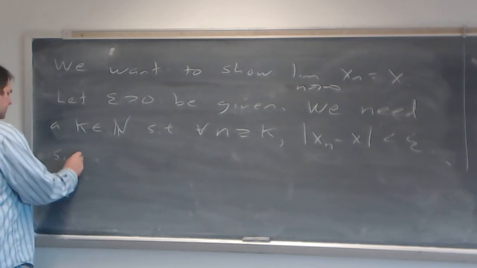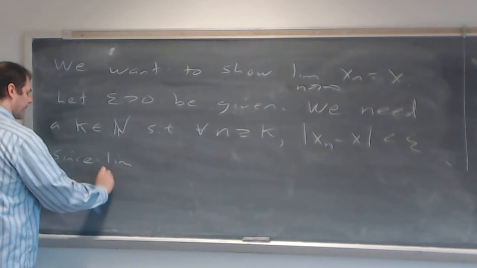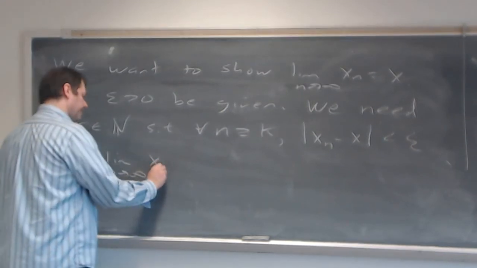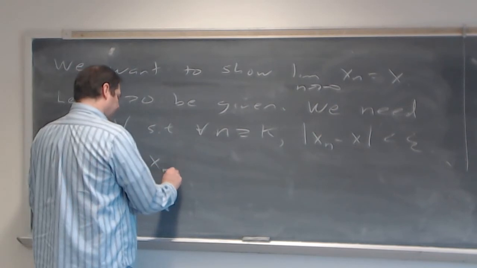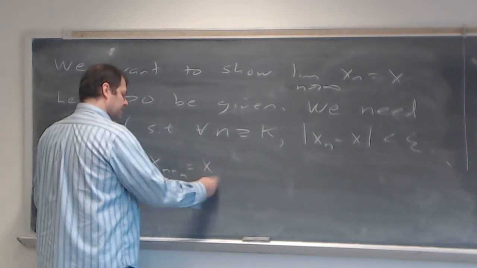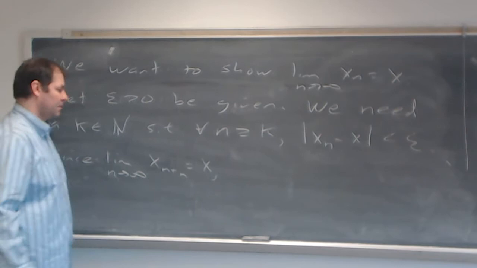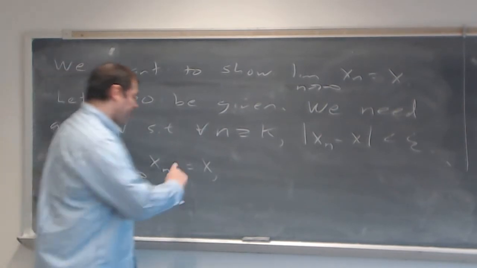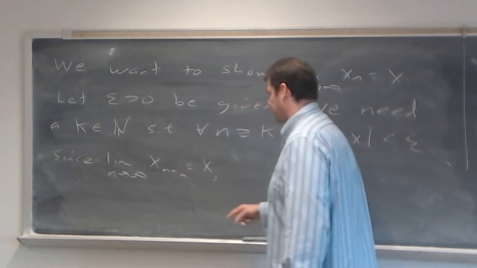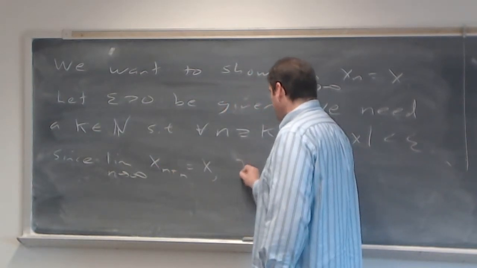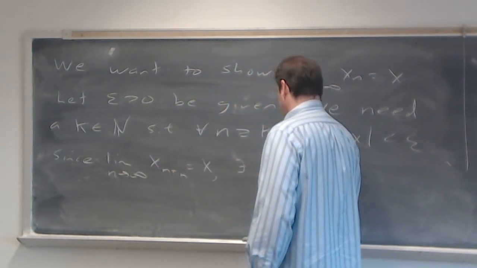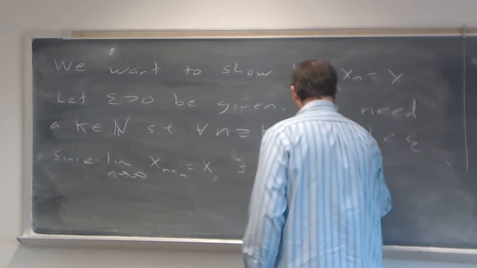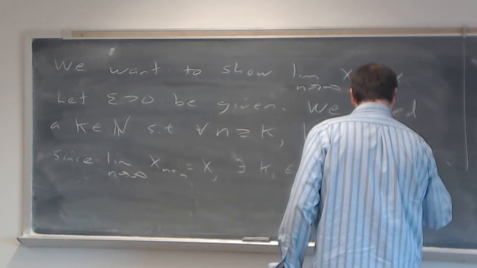So since the limit as n goes to infinity of x of m plus n equals x, and I've been given an epsilon, I know this is true. So for this particular sequence, x of m plus n, the tail sequence, there does exist a k, I'm going to call it k sub 1, an element of the natural numbers, such that for all n bigger than or equal to k sub 1,